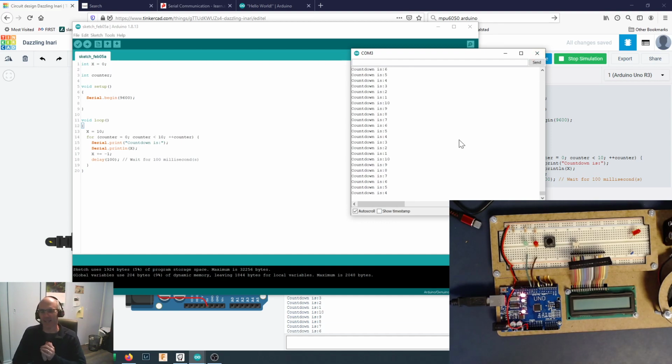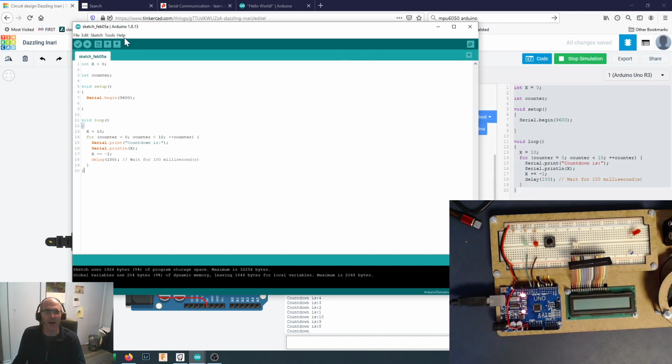So your challenge is to take this and give it a try. I've got a countdown going on here. See if you can turn that around and make it count up. Or if you're a little bit more experienced with programming, check out the command called millis. On your Arduino help file, take a look in there. There's an excellent reference